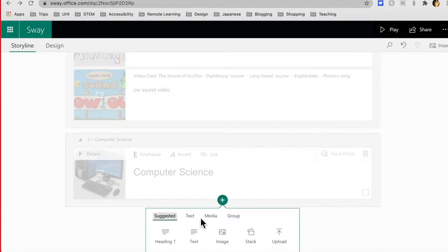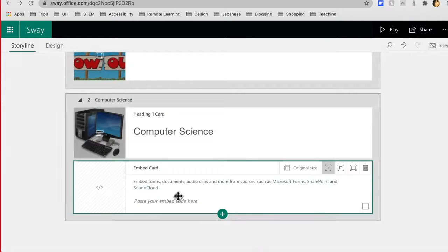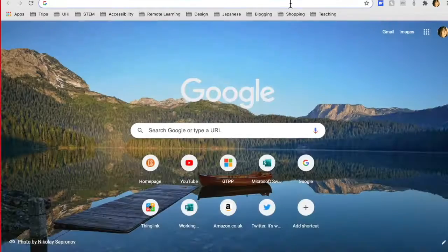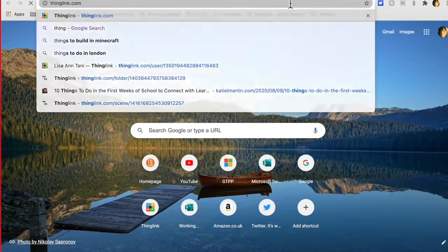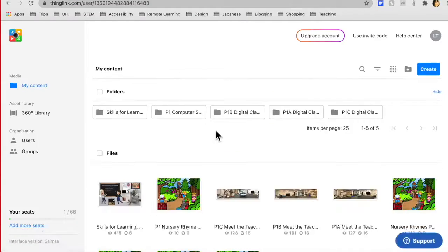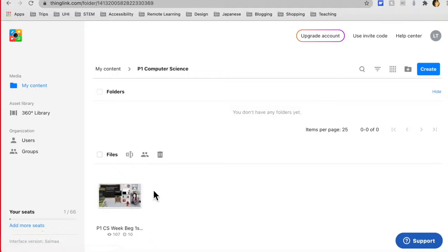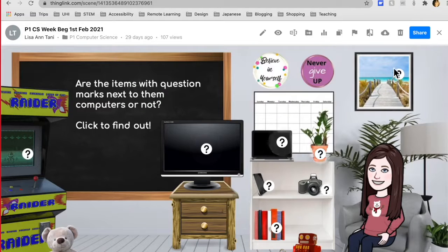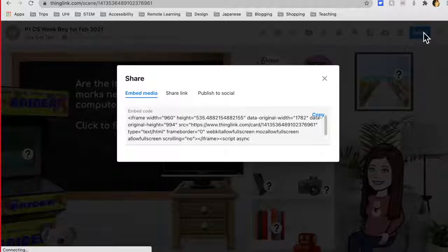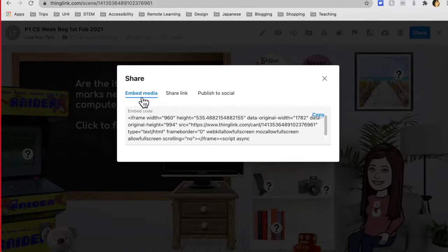That's really easy to do. All you have to do is click on media and then click on embed. So all I need to do is get some embed code for a ThingLink, and I can embed it into here. So if I go into my ThingLink account, and choose a ThingLink, if I click on share, so this is already the embedded media link here. If I copy that,